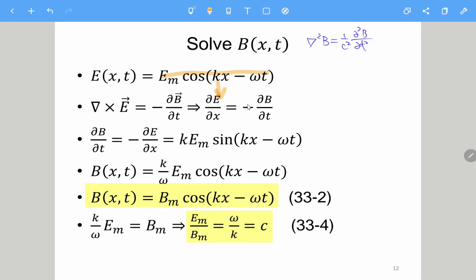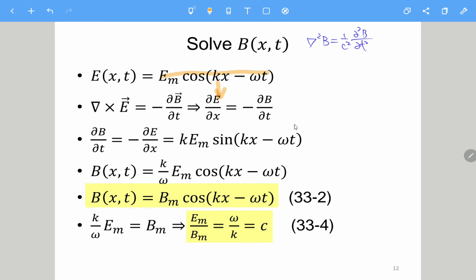So we get partial B partial t is negative partial E partial x, and then we take this partial derivative with respect to x. So E_m is here, and then cosine becomes negative sine, and then the negative sign cancels with this one, so we have a plus sign here, and then cosine becomes sine of kx minus omega t, and